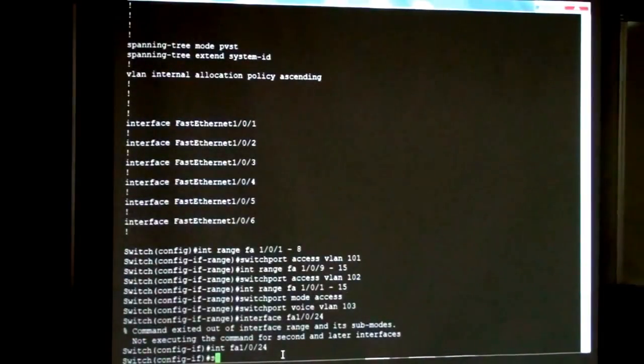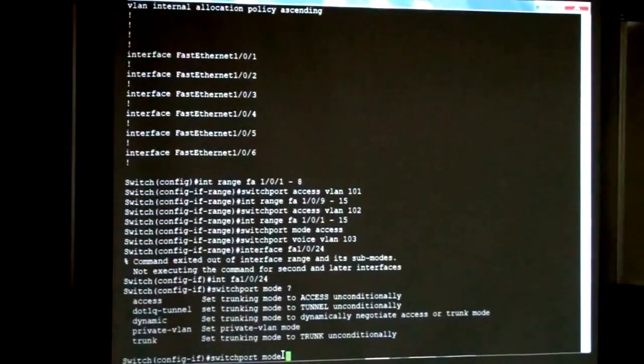We are going to say switchport mode, and there are a few different things that we can put in here. We can put in access, which makes it an access port, which means no VLAN information is going to be sent across this port. A computer plugs into it, it doesn't know what VLAN it's on. It's not going to receive VLAN information saying, hey, you're on VLAN 101. It just goes, oh, I'm on the network. The switch handles adding VLAN information to any of the traffic. So that way, nobody can plug into your switch and pull out VLAN information from your network. Then there's dot1q tunnel,